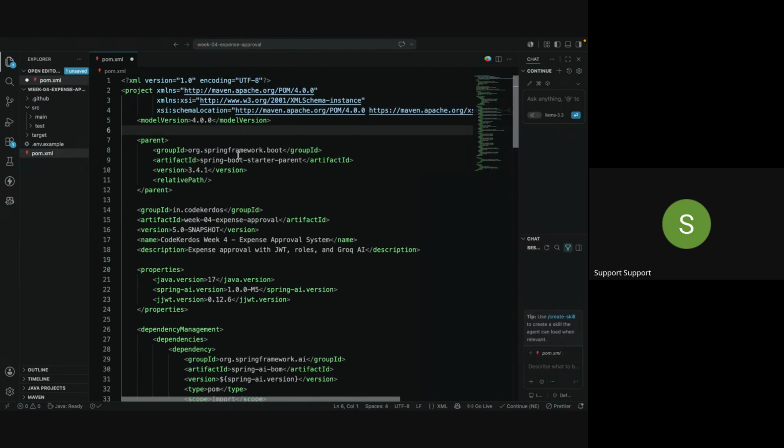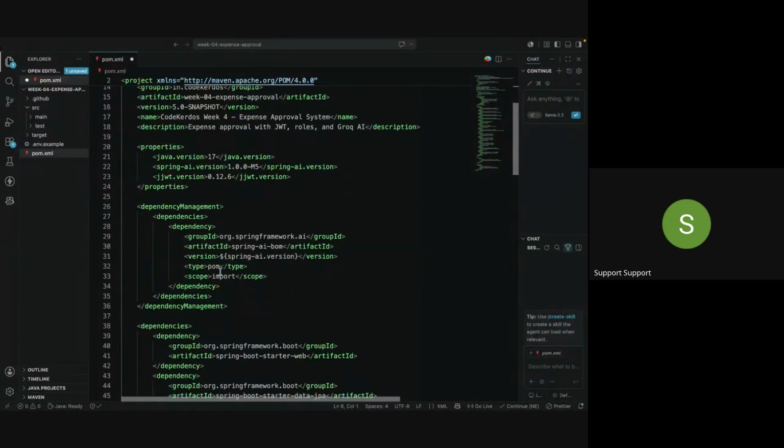Perfect. My form.xml is created. Then what you need to do is create the package plus main classes. So as of now, the main classes will be like src main. Then we have this. If I go towards this,